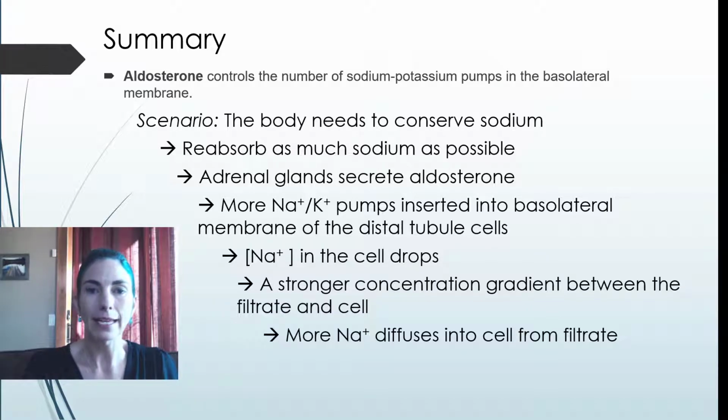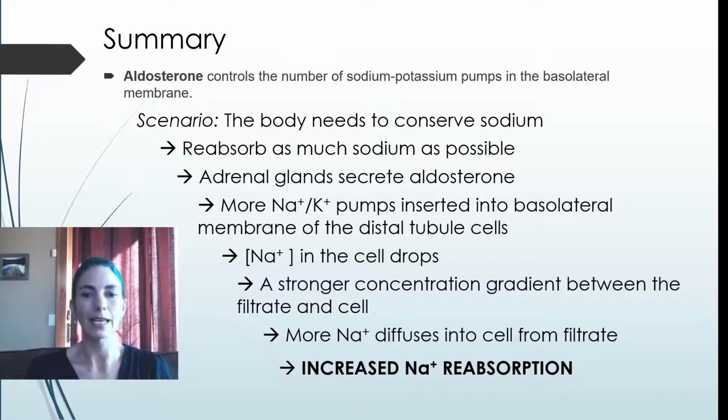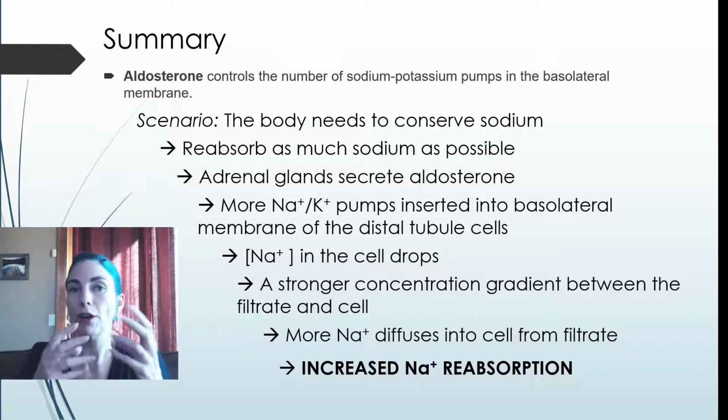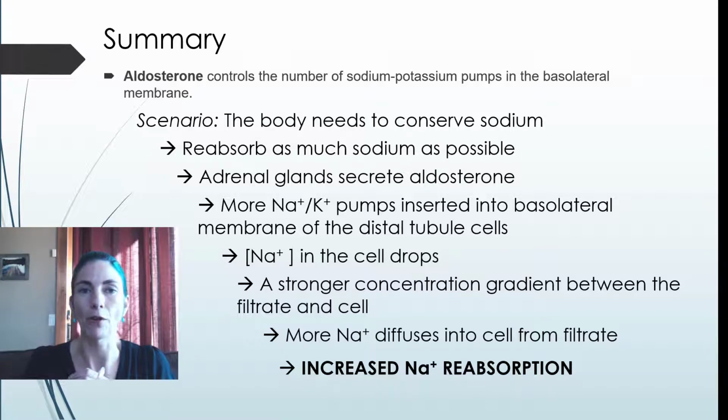And so this ends up increasing the amount of sodium reabsorption. So this summary shows you in a mathematical proof way how the body's needs trigger the release of aldosterone, and then from there, we get a series of events that ends up increasing our